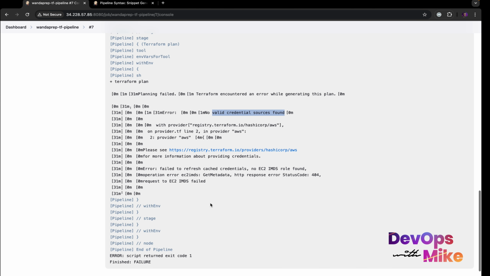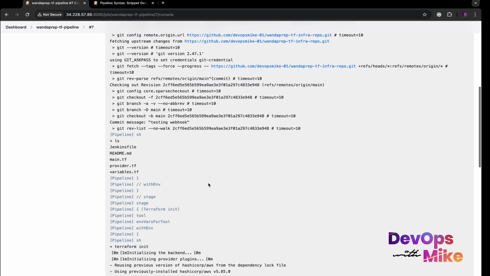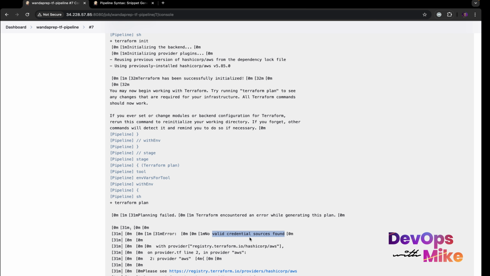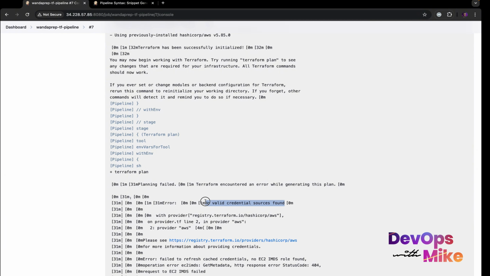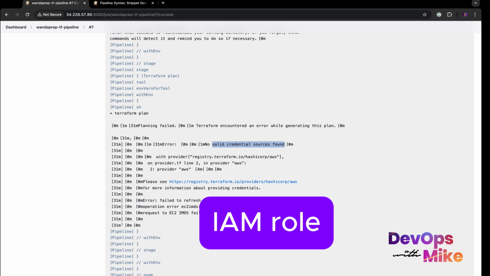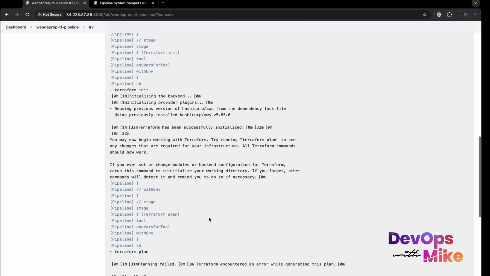Ideally, for you to run Terraform in a given environment, you need to have AWS access to that environment before you can perform that deployment. So with this, we have been able to get to the Terraform plan stage, but we cannot deploy any infrastructure to AWS yet because we do not have valid credentials. So for us to bypass this, there are two ways. The first way is for us to use an IAM role. You create an IAM role which we are going to attach to the Jenkins server. That's the first way. And then the second way is for us to use Jenkins